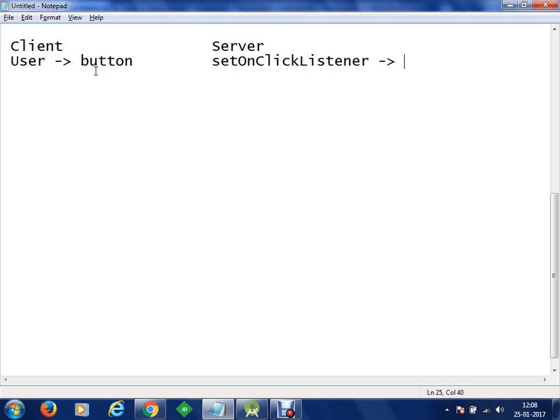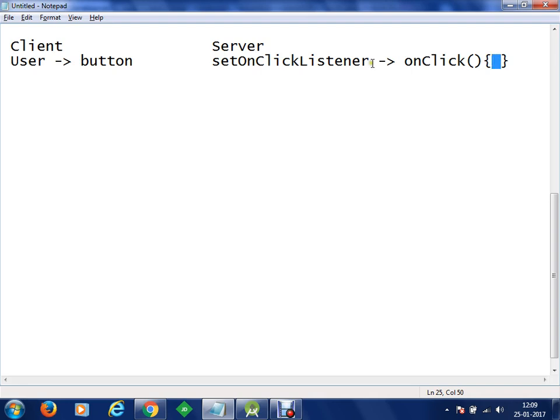That piece of code is your code which you want to execute. Let's say you want to display a toast. So you have to specify your code somewhere, and set on click listener should know where you have defined that code. So for this, the on click listener interface developers fixed a method known as on click, which will be executed once you set an on click listener method. Clear? So now set on click listener is responsible to call this on click method and execute your piece of code which is defined within this code body.